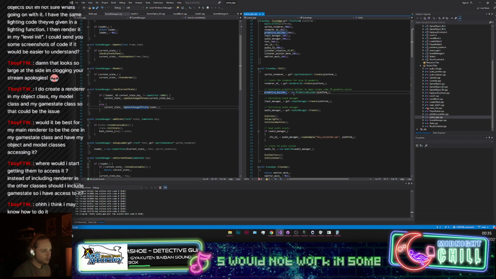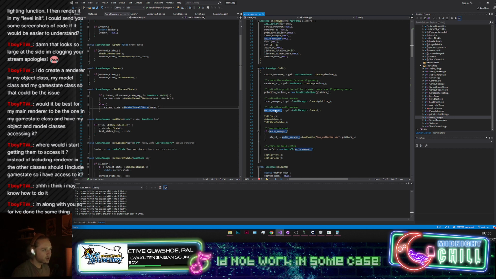Primitive builder, which you shouldn't really be using, maybe sometimes, who knows. This is used for giving you the meshes for spheres and cubes. That's really it. Input manager, that one's also going to be only one in the entire game. There's only going to be one input manager, and it's going to be thrown around. And then audio manager, I also recommend this to be only one. These are I would maybe call them the core pillars without the primitive builder. So there's like the pillars that you have on your entire application, and all of the data will be handled